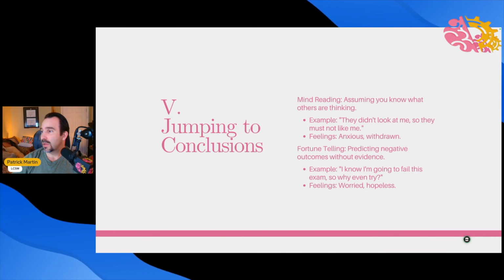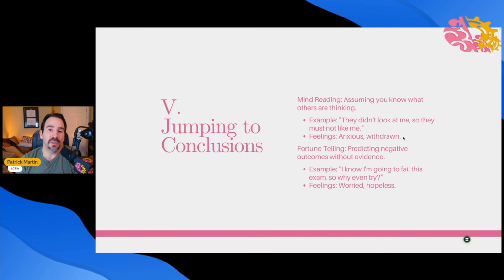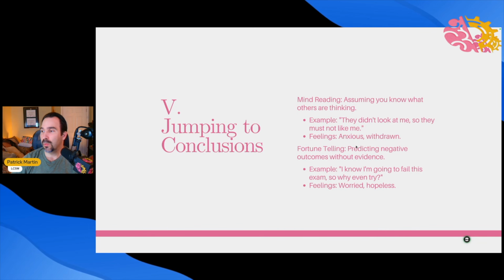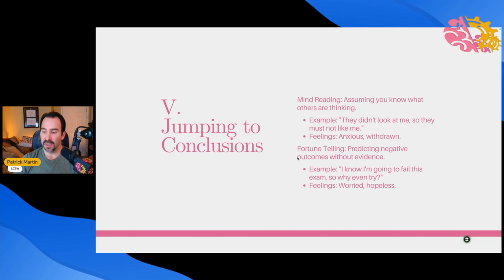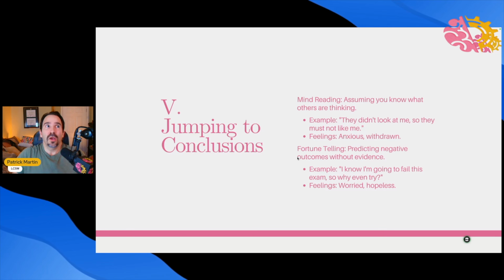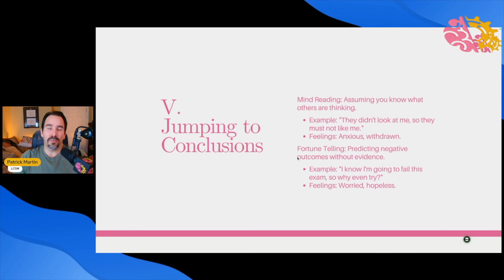An example would be, they just don't like me. They don't look at me, so they must not like me. That would lead to you feeling obviously anxious, withdrawn, and excluded, right? Well, if they're not going to like me, then I'm just going to not like them before they can not like me, right? And again, that's that whole thing. Fortune telling also falls into this category. That's another harmful thinking habit where we predict negative outcomes without any evidence, right? Without anything to really go on to say, oh, I think that's a bad idea. It's not like, oh, you tried that last time, and if you're going to do it the same way, you're probably going to get the same result.